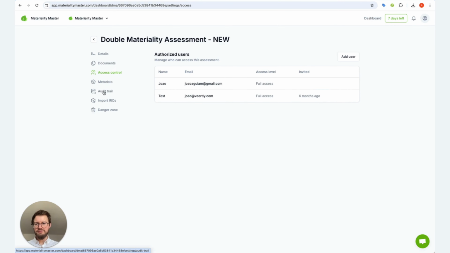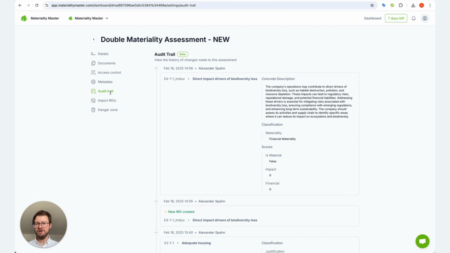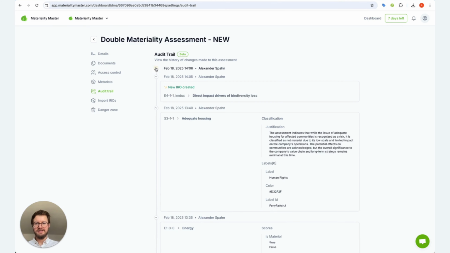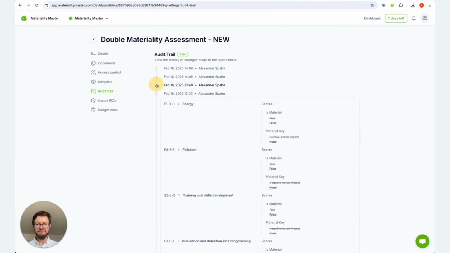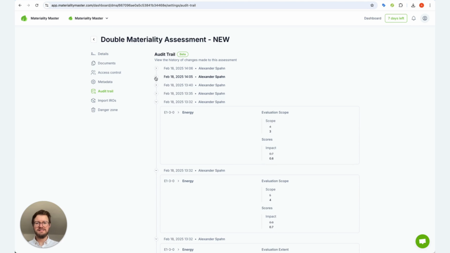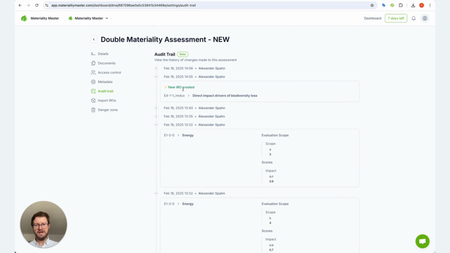Fourth, auditability. We have a full audit trail in here. So if you click on the settings and then come here to the audit trail, you see here which person made which changes and at which point of time. You can basically collapse them and enhance them. So if you see here, there was a new IRO created